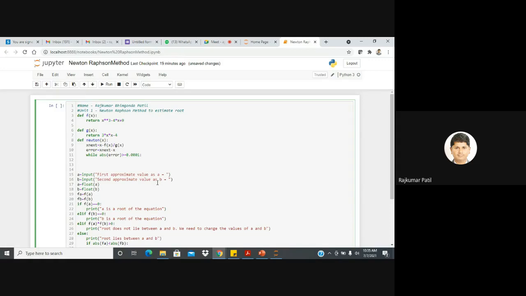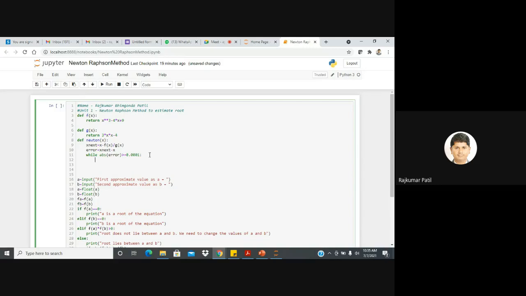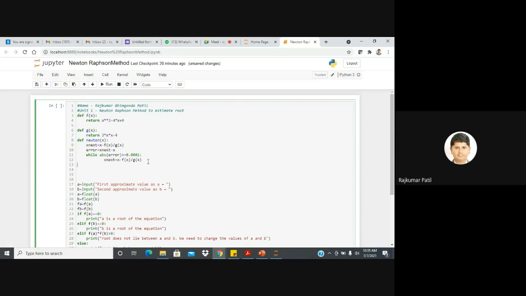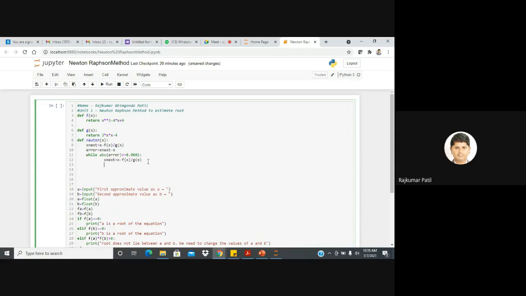So when you enter into the while loop, again we need to calculate the x next. So x next is equal to x minus f of x upon g of x. Then we will calculate error once again because we entered into the loop.